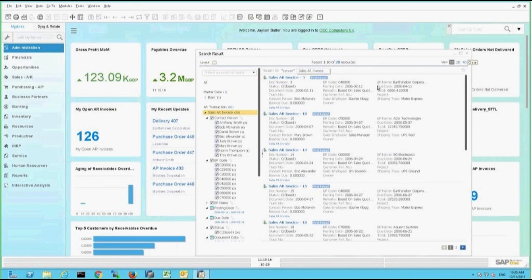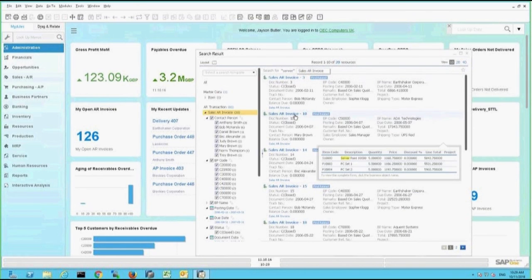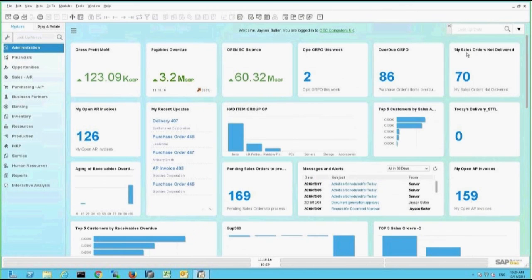So if you look at the inventory, you have a similar view like your business partner, where it allows you to configure